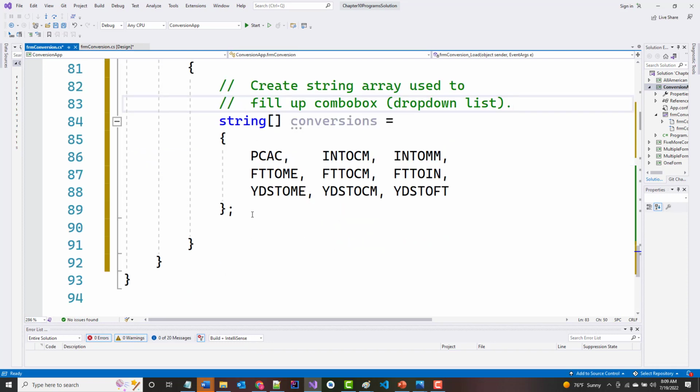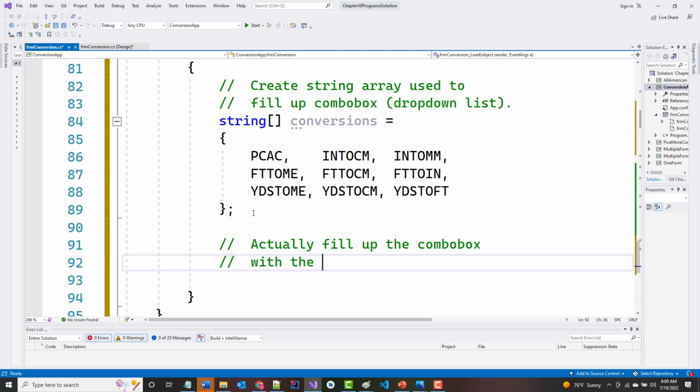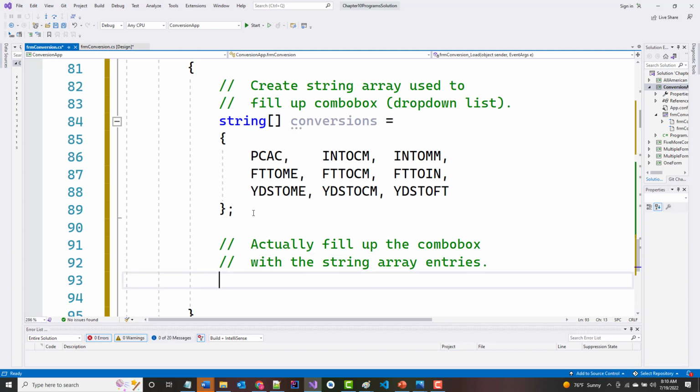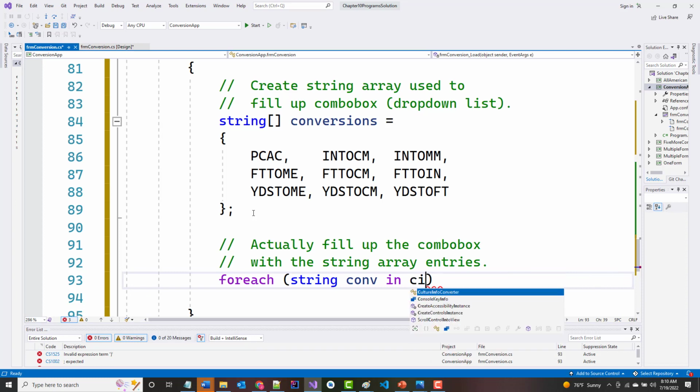And this will actually fill up the combo box with the string array entries. There's different ways of doing it. I'm going to do it the same way they did it in the book, using a for each loop. So for each conv in conversions,